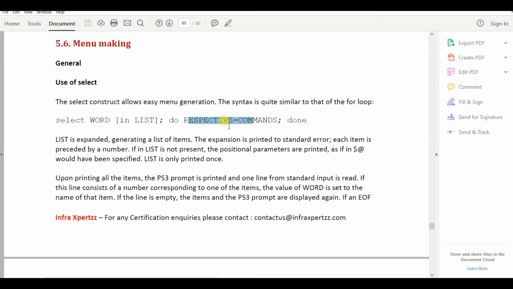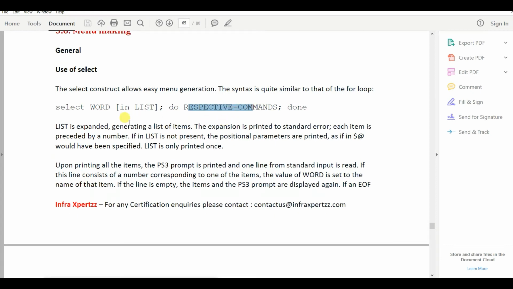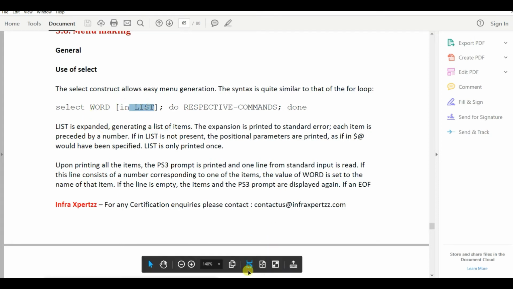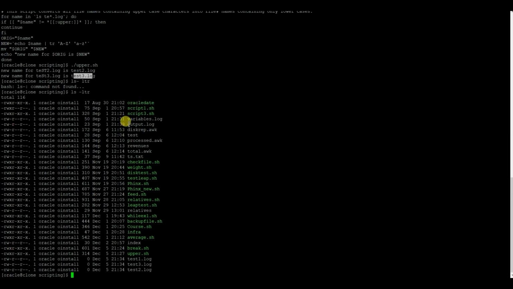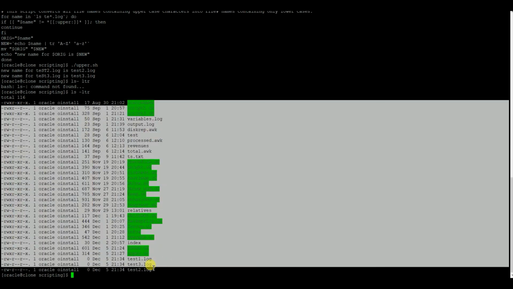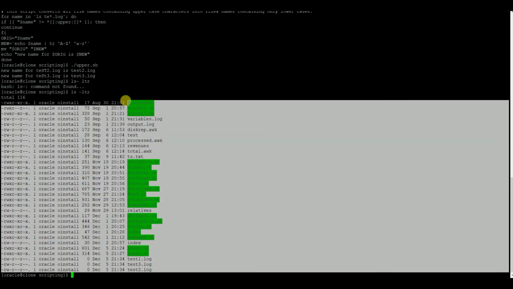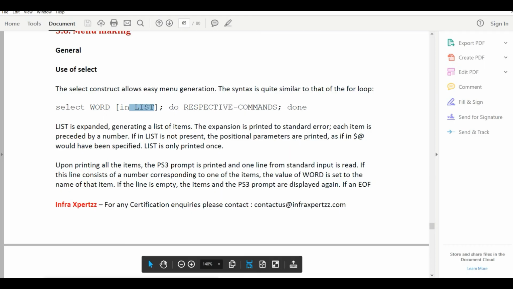So let me read this out. The list is expanded, generating a list of items. So in our directory, these are the list. This will be generated with options 1, 2, 3, like that.